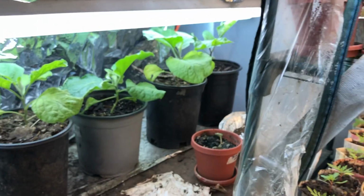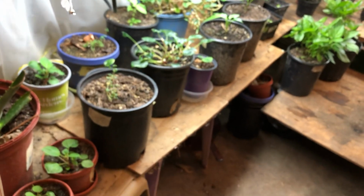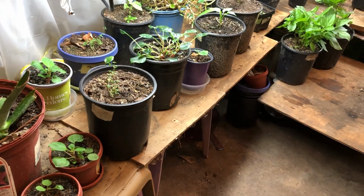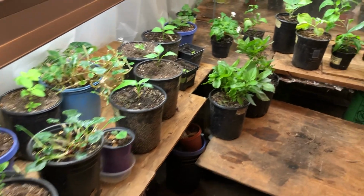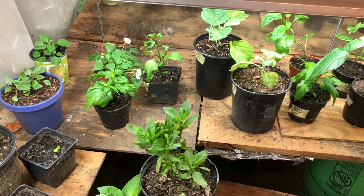But this is going to be a slow day in the garden with not a lot to do outside. Absolutely nothing to do outside, really. And only some care and feeding